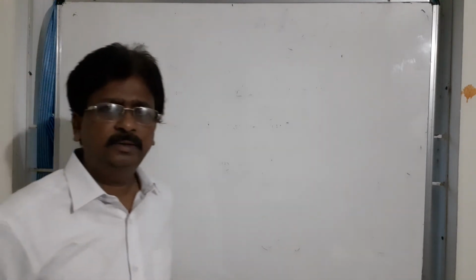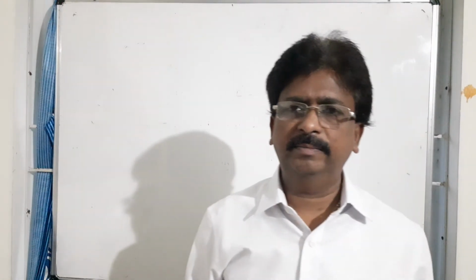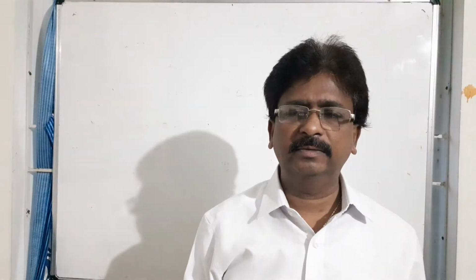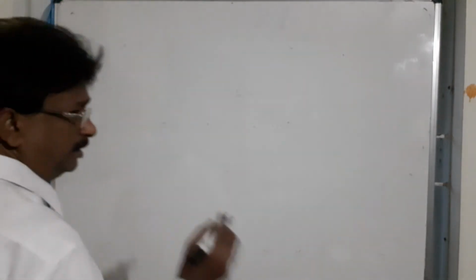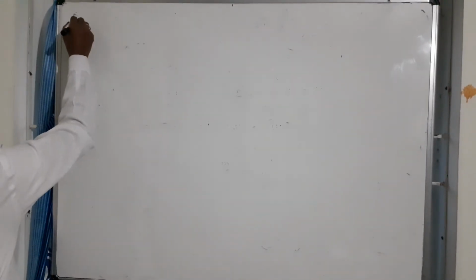Okay, next one, the multinomial expansion. What is the multinomial expansion? An expression containing the base and power. It is looking in the exponential form, base and power. If the base contains 2 or 3 or more terms, then the expansion is called the multinomial expansion. Now let us write the multinomial expansion.